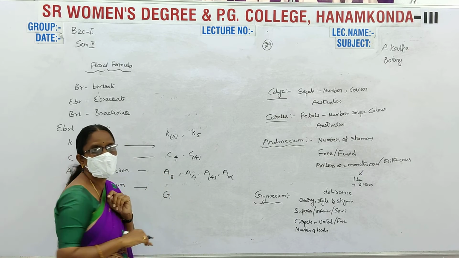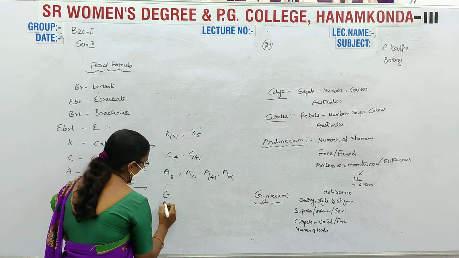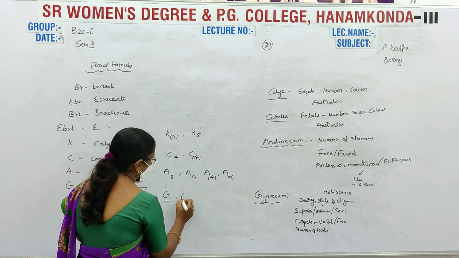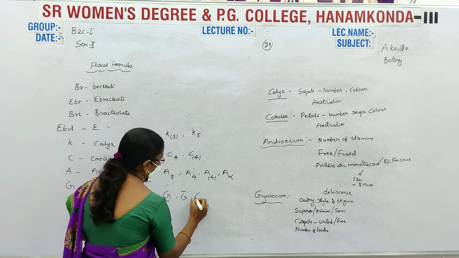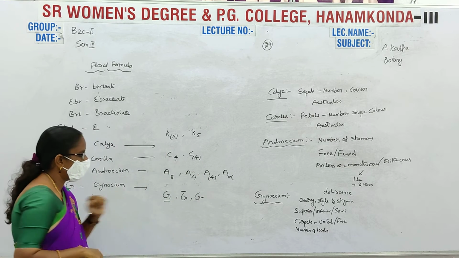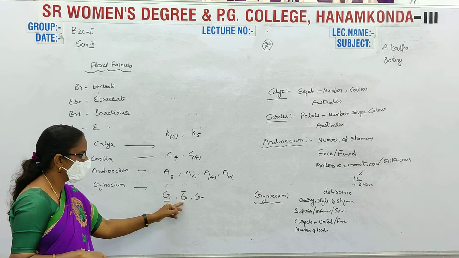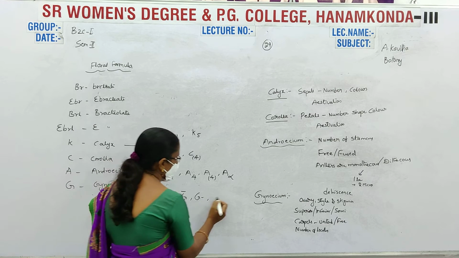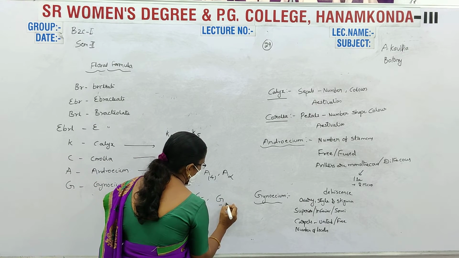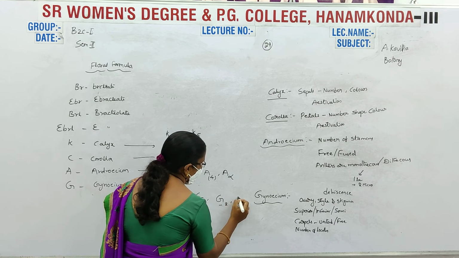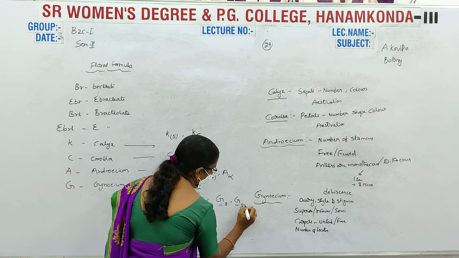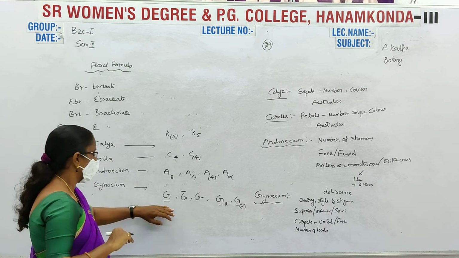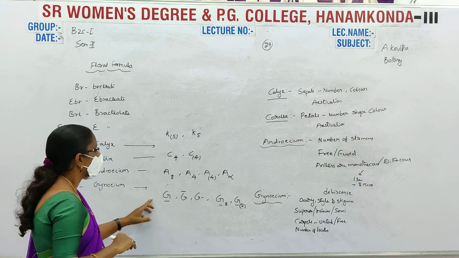In the gynoecium, for hypogynous flowers, superior ovary, underline below the G. And next, inferior ovary, with hypogynous flowers, epigynous flowers and perigynous flowers. And next, this is the superior ovary and 2 carpels are present. This is the superior ovary and 2 carpels. These 2 carpels are fused. This is the normal gynoecium.